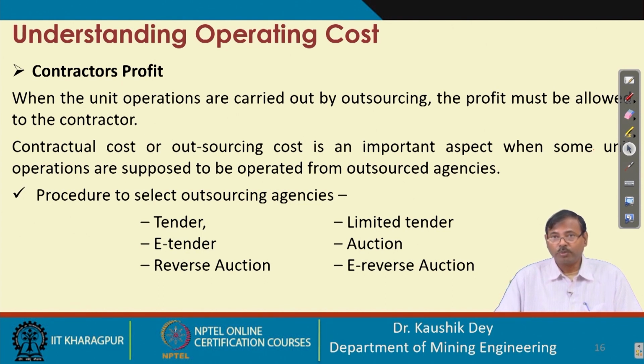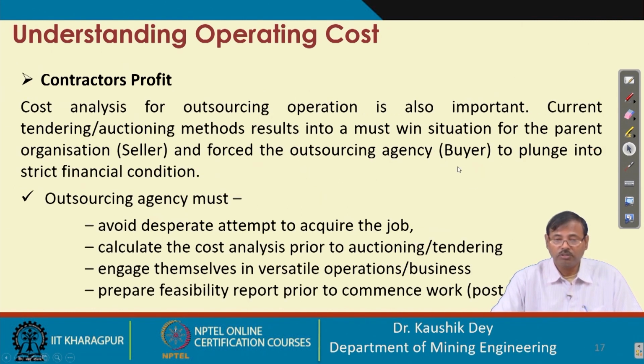So, only the lowest price is available to them. Like this, reverse auctioning is carried out, and this e-reverse auctioning, which is now practiced, basically forces a very low price to be quoted